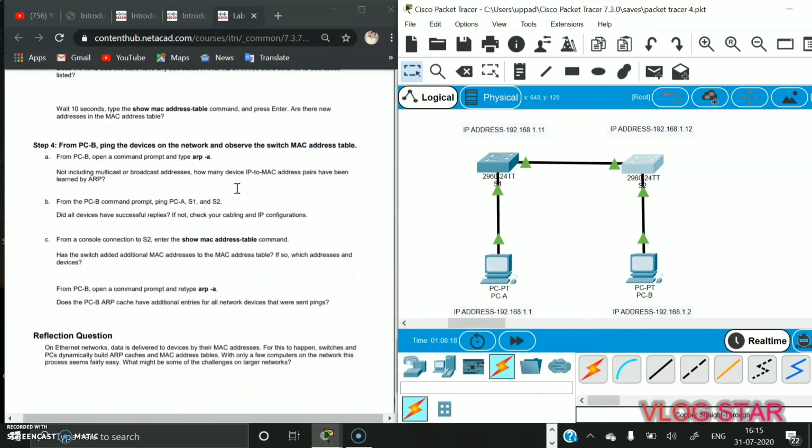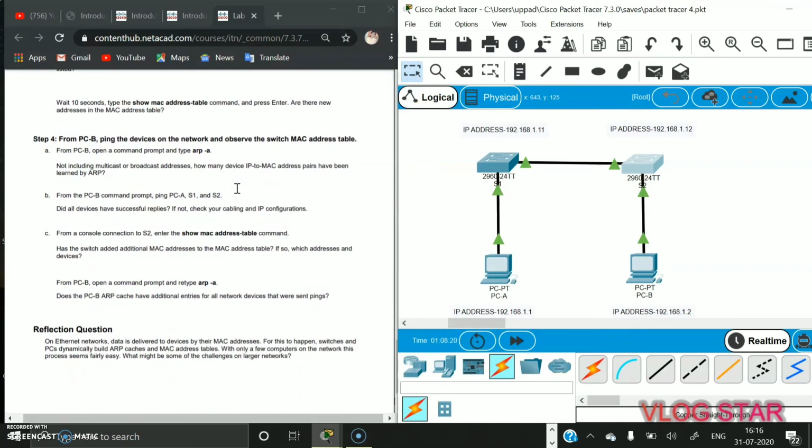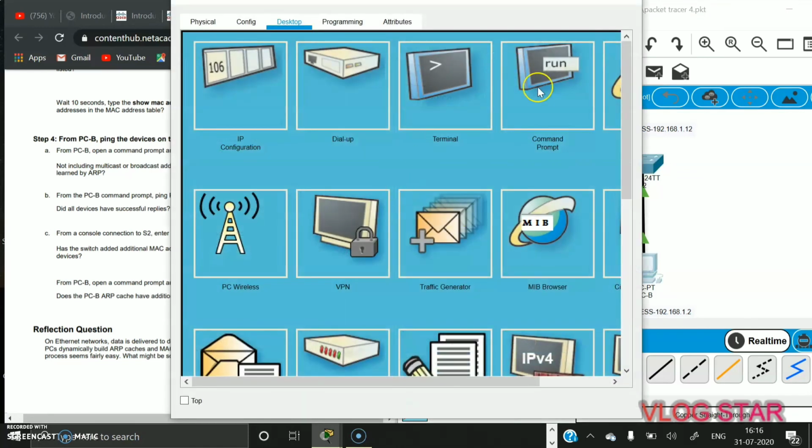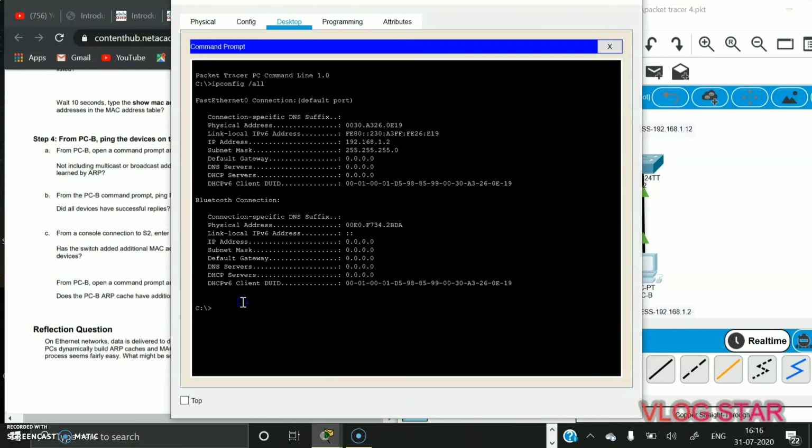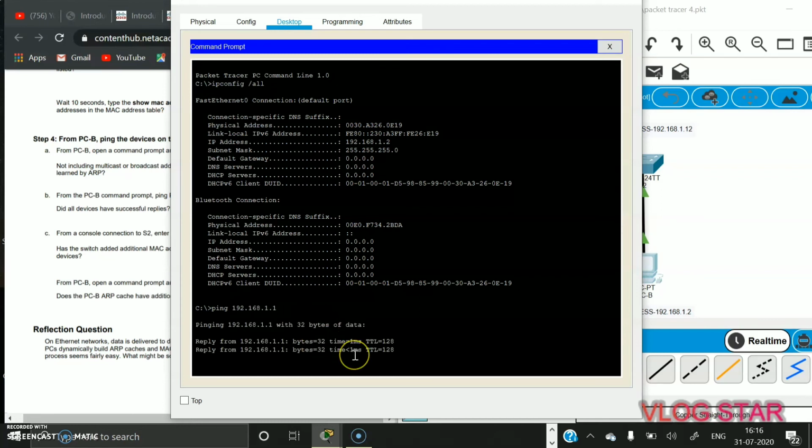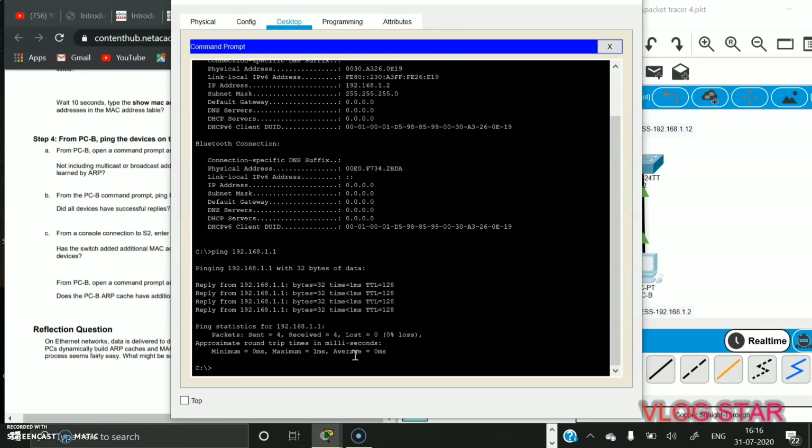And step 4, from PCB ping the devices on the network and observe the switch MAC address table. Now we have to ping. For that, open the command prompt and enter the command ping and the address 192.168.1.1, and we got loss of 0%. Again we have to ping 192.168.